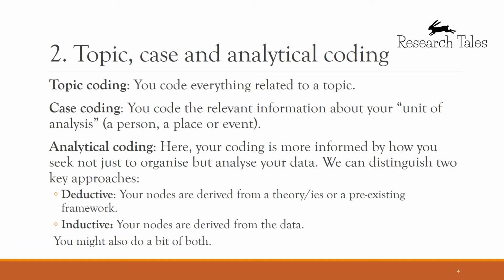There are 3 key types of coding that you can consider when planning and carrying out your analysis. The first one is topic coding. Here you decide on topics and then you create for each of those topics a code, or we call them in NVivo nodes. Then you go through your material and you assign everything that links to a topic to its node. And this is quite useful in the beginning of your analysis because it can help you to structure your